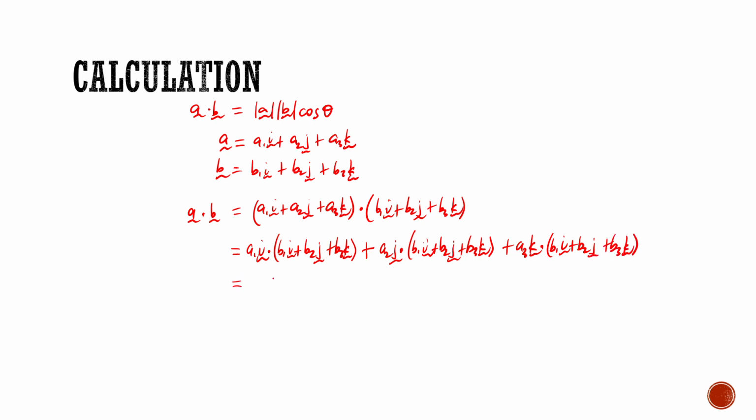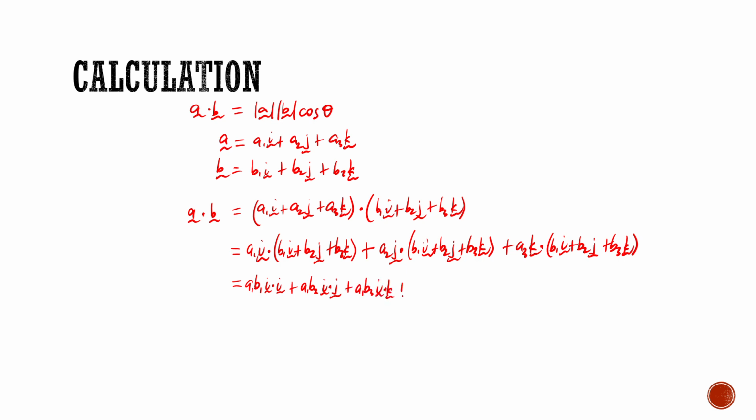Okay, so now we have a1i dotted with b1i. So a1 and b1 are just magnitudes of those two vectors. So we'll have a1 b1 times i dot i plus a1 b2 times i dot j plus a1 b3 times